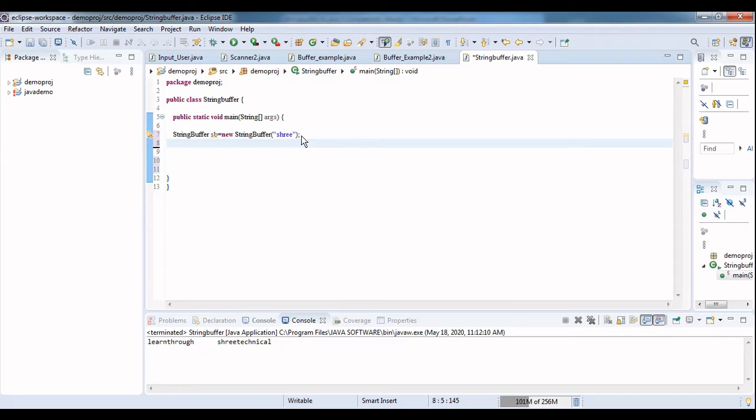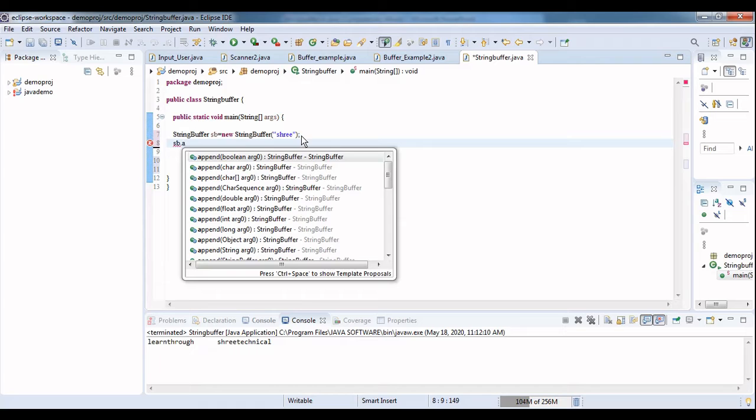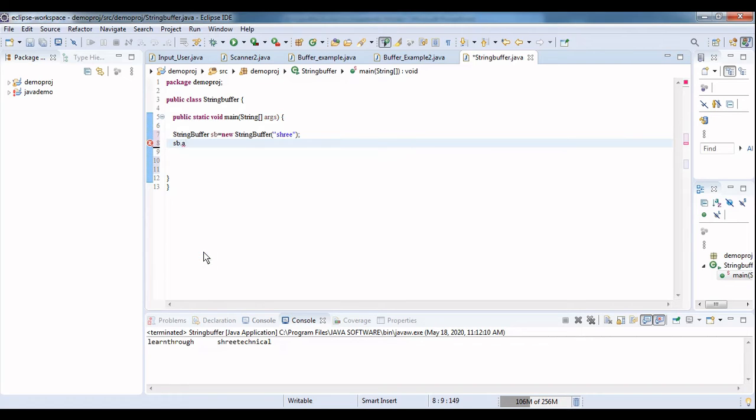What is the remaining string I have to add? I have to add technical trainer, right? So I can use sb, the object variable, dot append. The append method is available with StringBuffer, whereas it is not available in the case of String. So I am choosing append with a string argument. Here I will put technical.